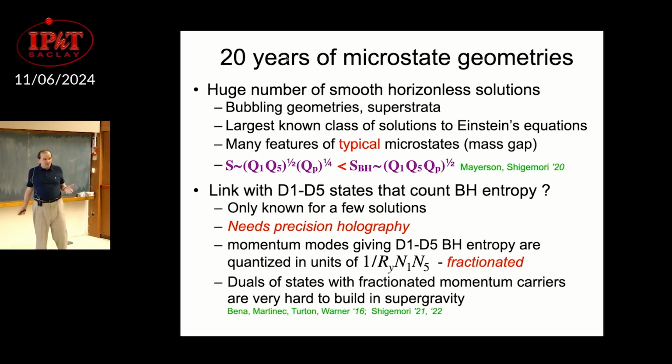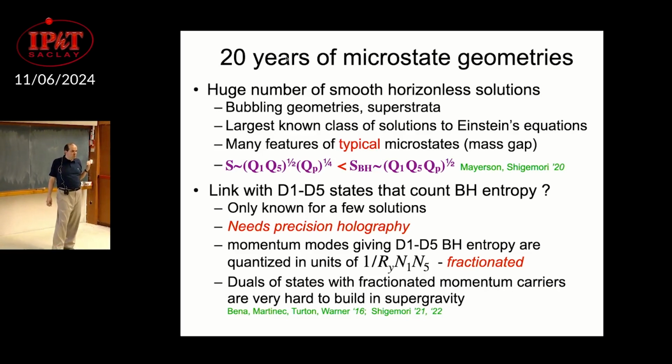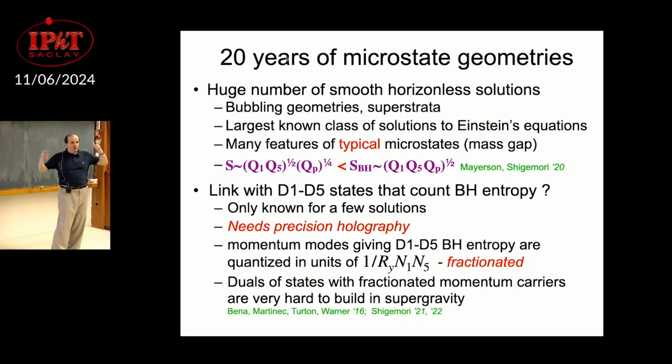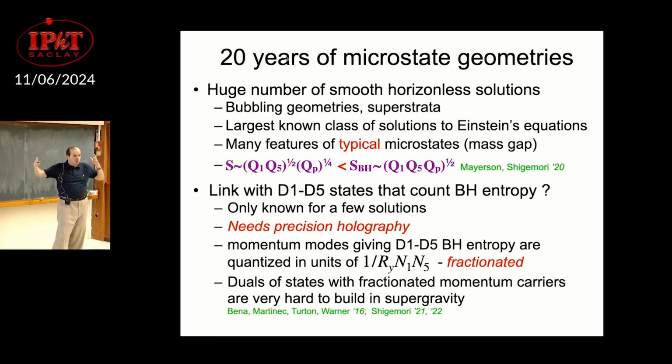But as Roberto and I were saying, problem number 1, they don't have the black hole entropy. If you compute the entropy of these solutions, they don't have the black hole entropy. They have a huge amount of entropy, much more than I would have ever hoped. The entropy is over the Q1, Q5 to the power 1/2 times Qp to the power 1/4. In CFT language, they correspond to putting L-1s on these D1D5 states. They don't correspond to putting L-1 over N1 and 5s on the CFT. So in CFT language, we understand why they don't have the right entropy.